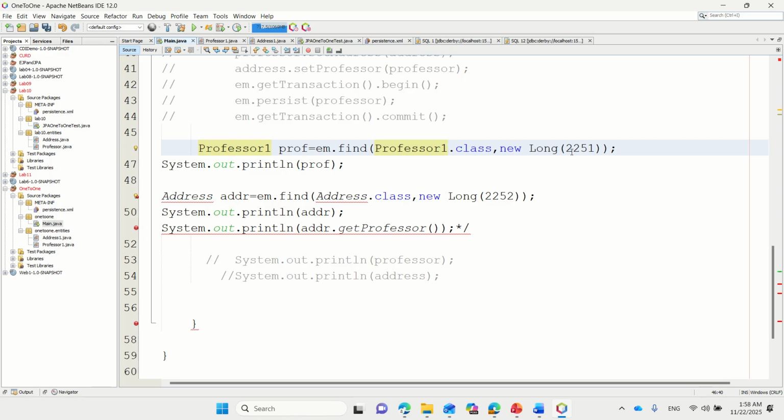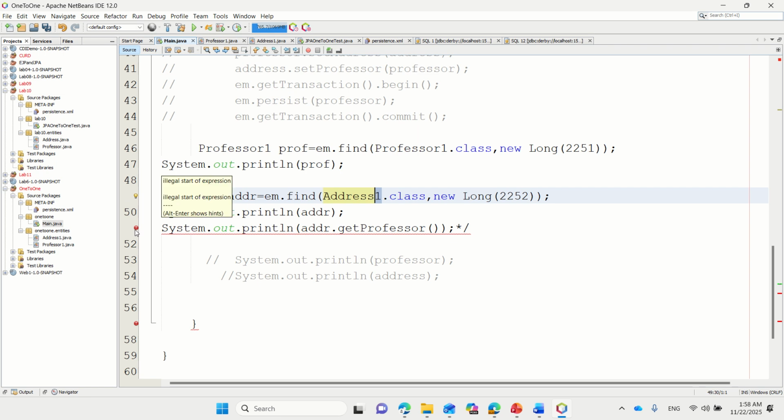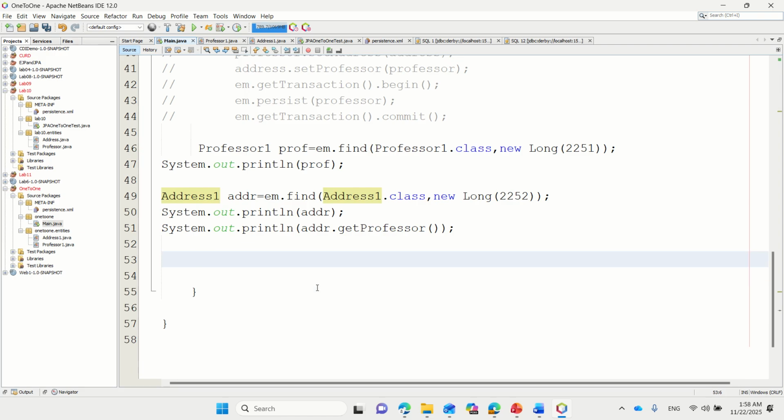Why am I giving this number? Wait, let us just find the value first. Address 1, here also address 1. Fine. So what is the mistake here? I am having one more slash. These two are not needed. Here what I have done for professor 1, I have created an object, and from entity manager